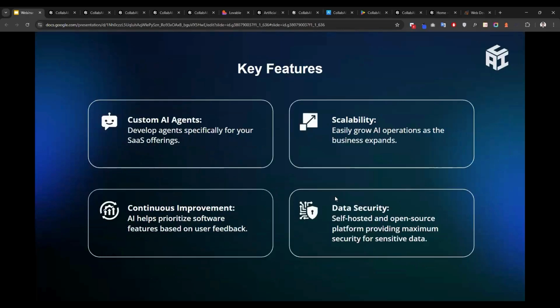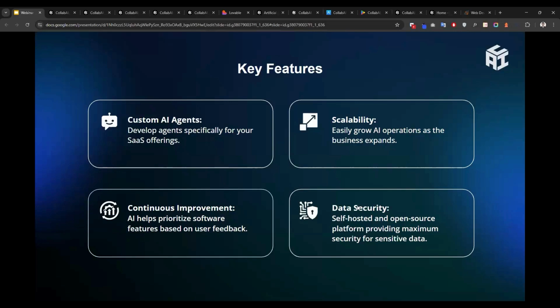you can reduce your revisions, and our service is super cost efficient. So let's dive into some of the features Collabai gives and how it gives you efficiency. Custom AI agents and scalability: right now, if you are creating an agent with ChatGPT version 4 or 5, but in future the market demands 6 or 7, if it's available, you can expand those with our assistants. You can do continuous improvements based on your feedback.